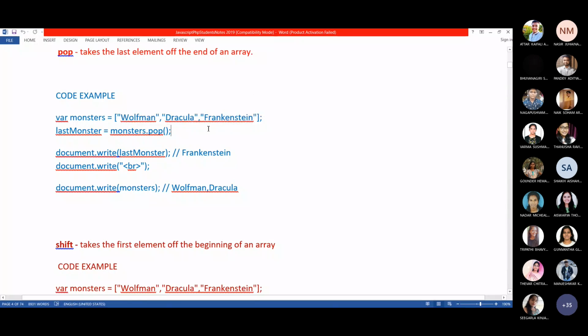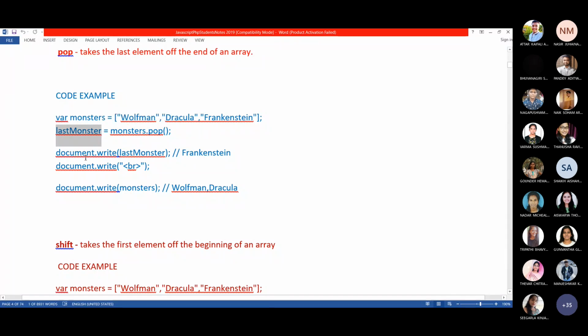So the last element will be taken off. After you applied the pop, you are saving the result of the pop in one variable, which is lastMonster. Now this lastMonster is also going to be an object.